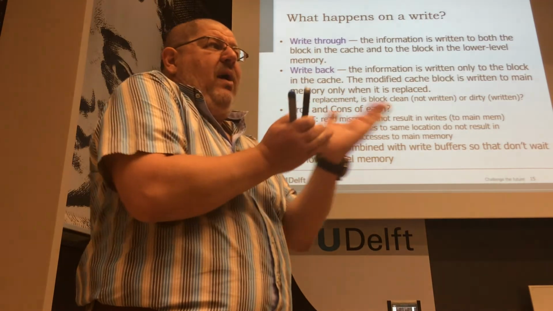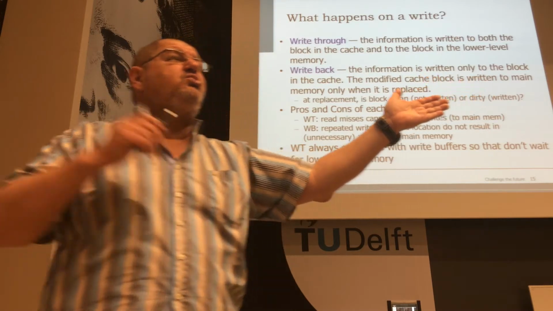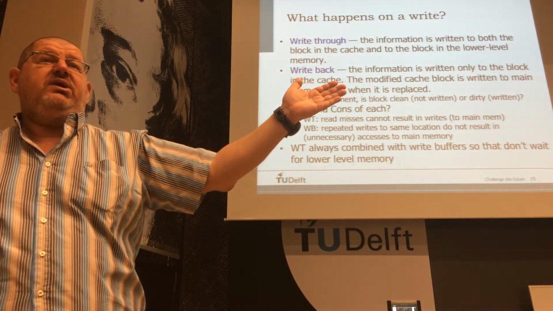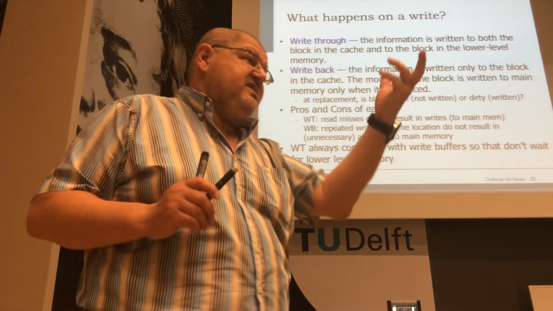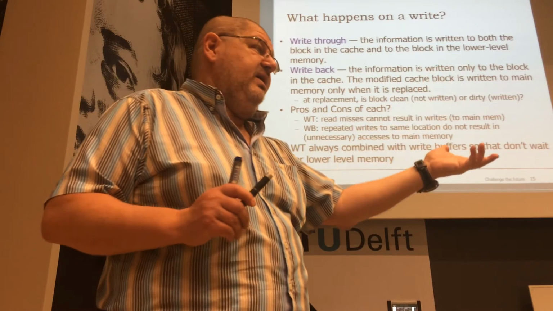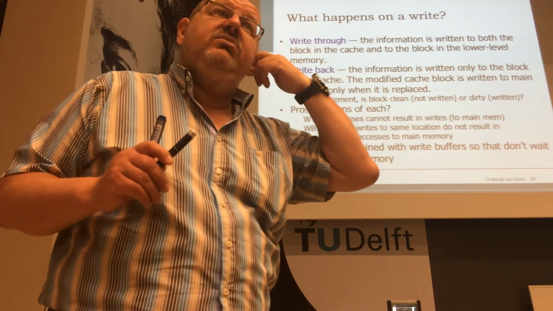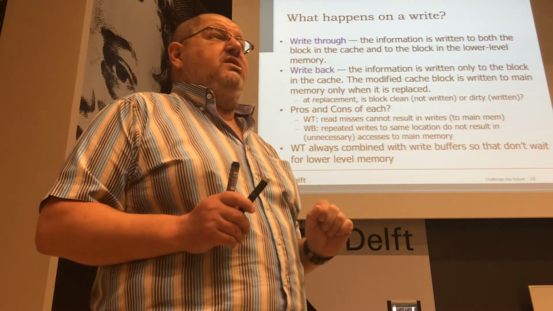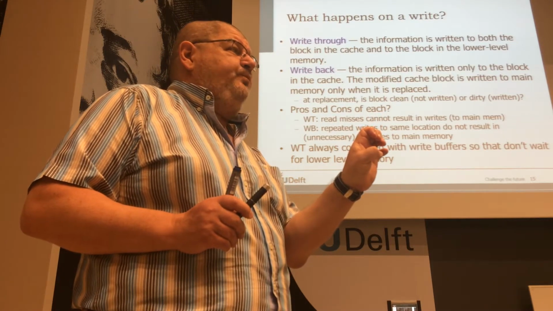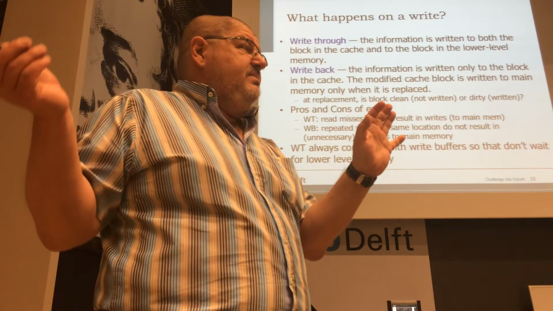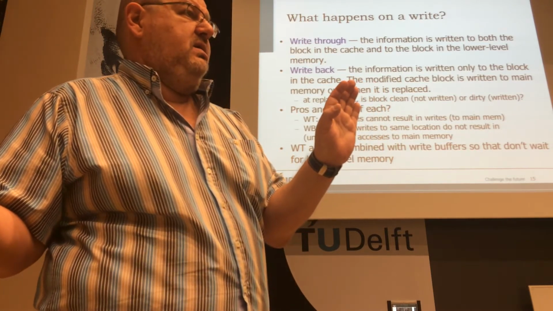Then one solution will be to write in the cache and not to update the location in the main memory. Then when I am changing the value of a certain location, of a certain variable, I'm just updating that value in the cache. This is good because the transaction will be short. It's one cycle. But it creates me a problem. In the main memory, I do not have a valid copy of that variable.